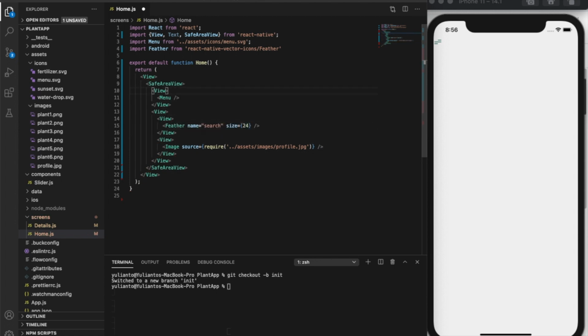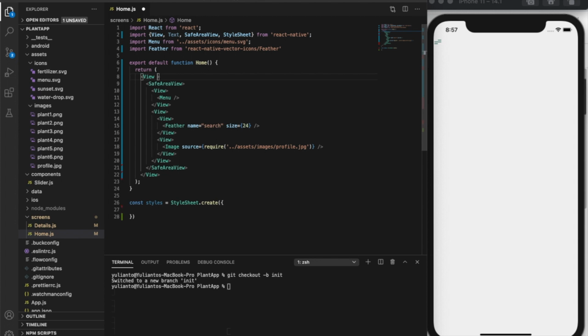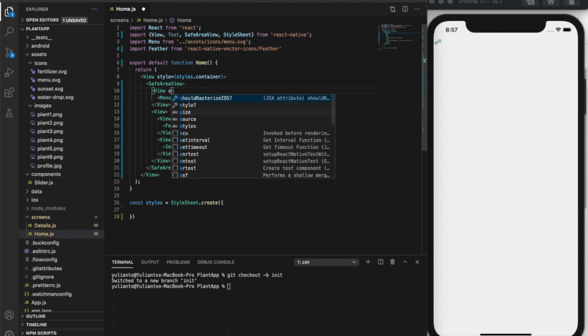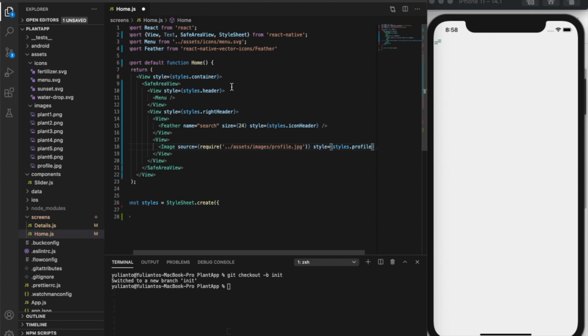I'm gonna add some style, so I'm gonna create the const styles is StyleSheet create, and I'm gonna name it as container, and down here I'm gonna name it header, and here I'm gonna name it, I don't know, right header, and it will be icon header, and the image will be profile. Okay, copy all of this,